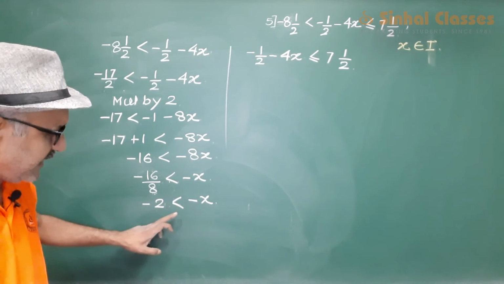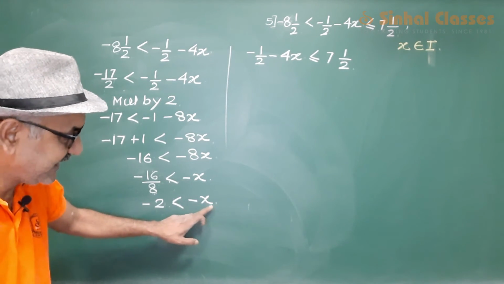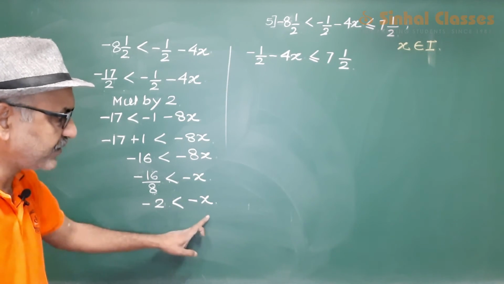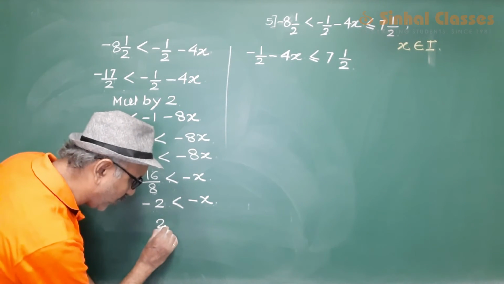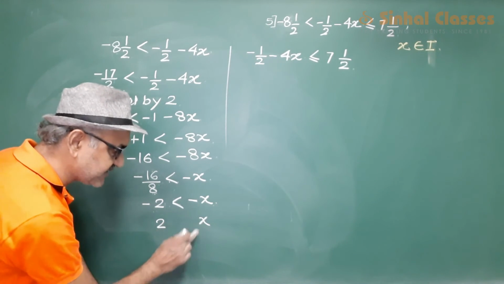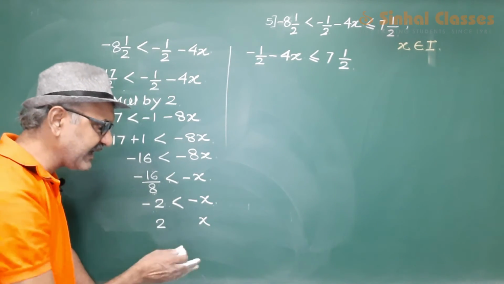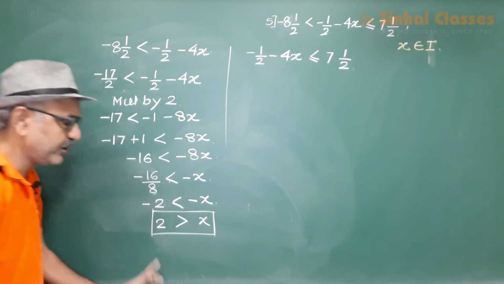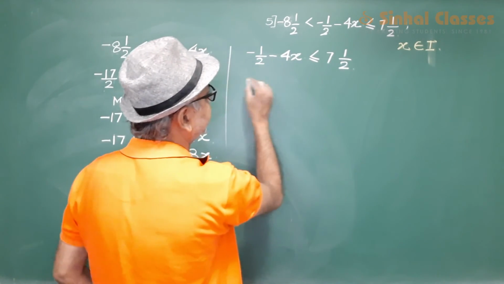Now guys, this is negative x. You obviously need the answer in positive x. So what you will do is divide both sides by minus 1. When you divide both sides by a negative number, what you get is 2x. I have divided both sides by negative 1, this also by minus 1, this also by minus 1, and the moment I divide by minus 1 the order relation changes. So this is the order relation, 2 greater than x. Let us solve the second part of the inequation.